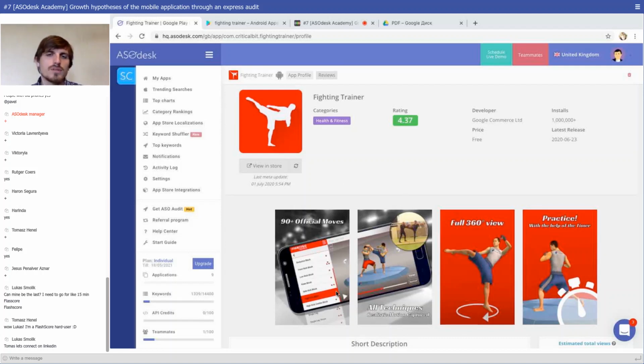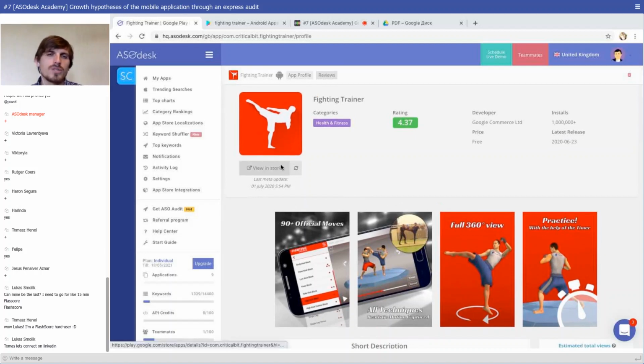screenshots, because here we have an icon with a pretty strong color, and if you update the icon, it would be better, I think. When we are looking at the app page and at the screenshots, the power of the red on the icon still catches our attention, and we want to come back to the icon from the screenshot. So I would work on the background to make it more clear, visible,